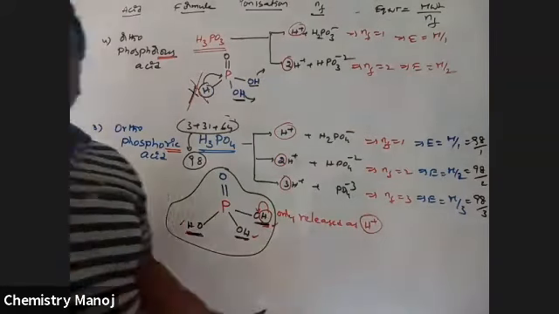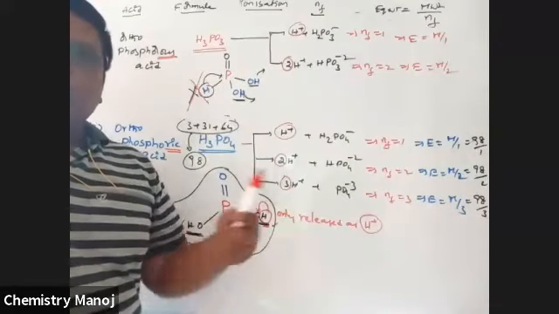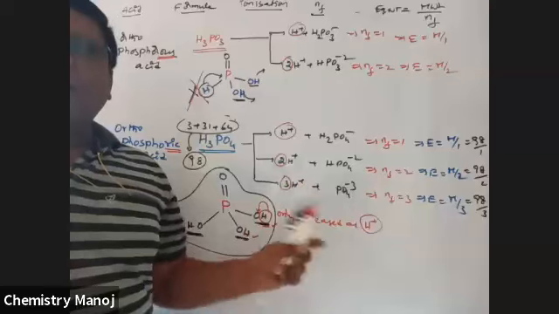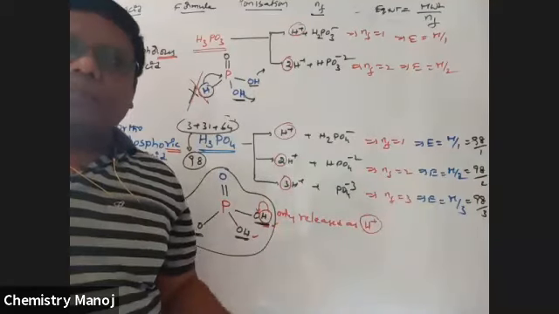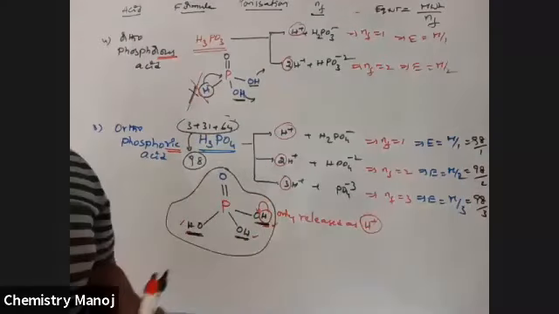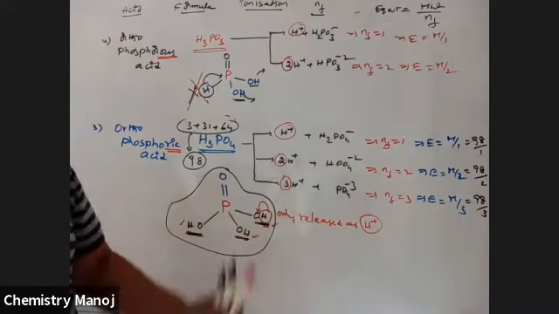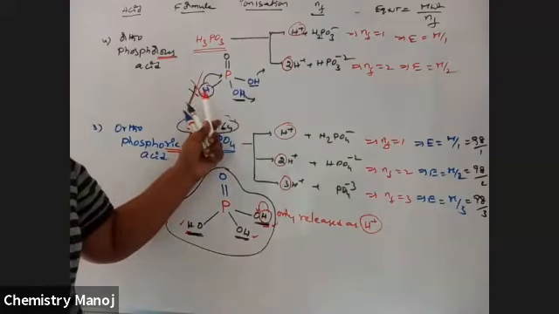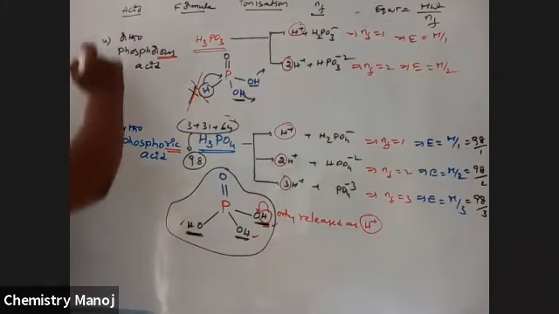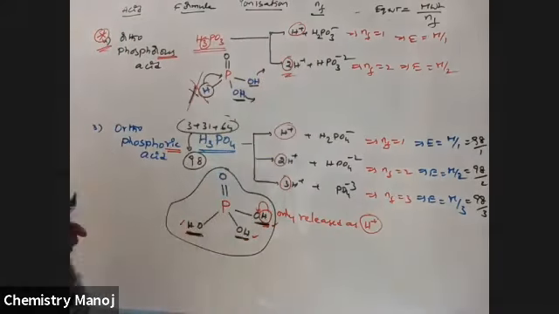So this is the way to find the equivalent weights of different substances. If you know the n factor, the molecular mass divided by that n factor is the equivalent mass. For acids, the n factor is equal to the number of replaceable hydrogens in 1 mole of the substance. Here it is maximum 3, but 1, 2, 3 are possible. Here the maximum is 2, even though there is a third hydrogen, it is not replaceable. This is very, very important. The formula says 3, but the maximum is 2 only. Next, another example.